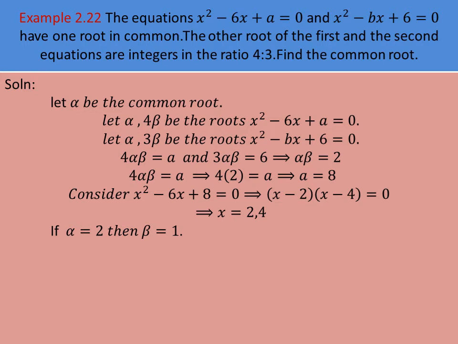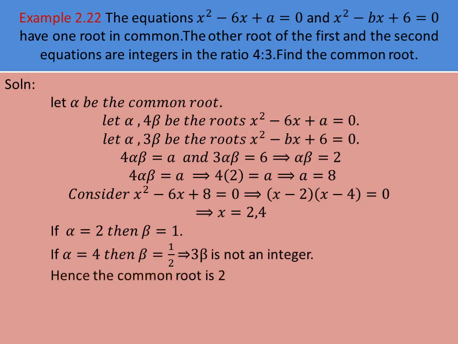Okay. So now we are taking the next x value as alpha. If alpha is equal to 4, then beta is equal to what? Here when we replace alpha by 4, on both sides 2 you can cancel, beta equal to 1 by 2. So you replace this beta value here. 4 beta means it is 2. It is an integer only. But 3 beta when we replace is not an integer. Isn't it? 3 into 1 by 2 is 3 by 2. It is a rational number. So 3 beta is not an integer. So what we are saying is among these two values only one will be the common root. Alpha is taken as the common root for both the equations. So we are saying that only alpha equal to 2 is the common root.